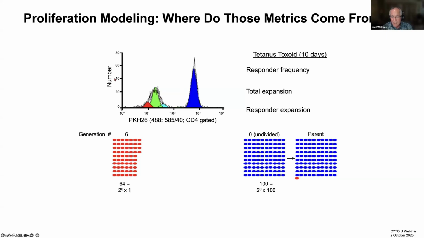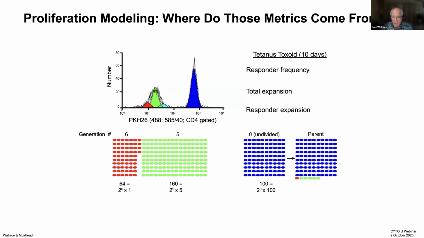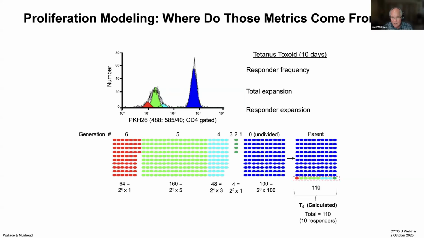A single responder cell that had divided 5 times would produce 32 daughter cells. Therefore, 5 responder cells would have been needed to produce the 160 events observed in the generation 5 Gaussian. Similarly, 3 responder cells that each divided 4 times would have produced the 40 observed events in generation 4, and 1 responder cell that divided twice would have produced the 4 events seen in generation 2. This model